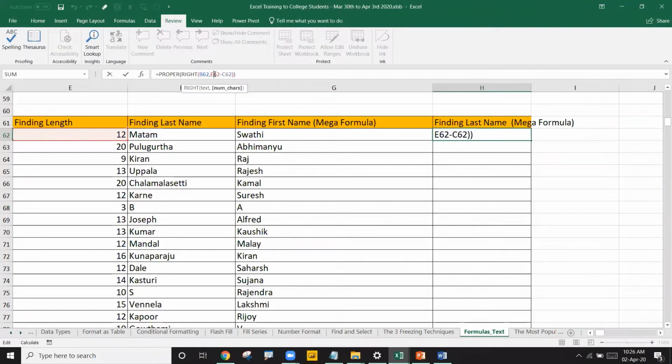But E62 is the intermediate column. I'll go to that E62 and ask it, hey, what is the formula you're using? It will tell that it is using the LEN formula. So take a copy of it, except the equal to, because the equal to is already there in our formula. Take a copy of this LEN formula, escape, go back here, select this E62 carefully and paste it. Enter. After that, we removed the dependency from E62.